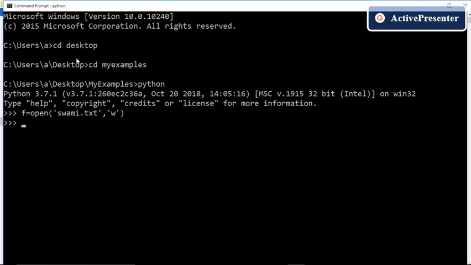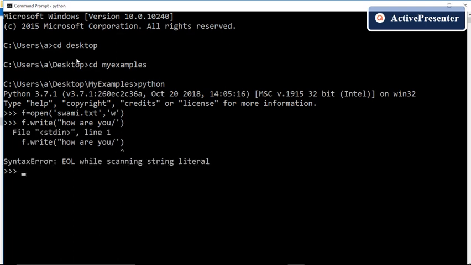Now let us write some content using write function into this file. So I am writing how are you. Okay, now I am writing this content into the file. Okay, it is showing 12 characters. I have written 12 characters into the file. Now let us check what is the content of the file right now.